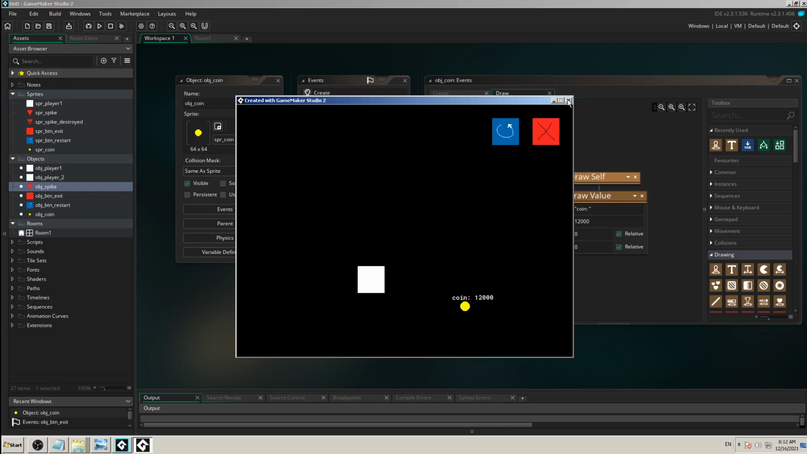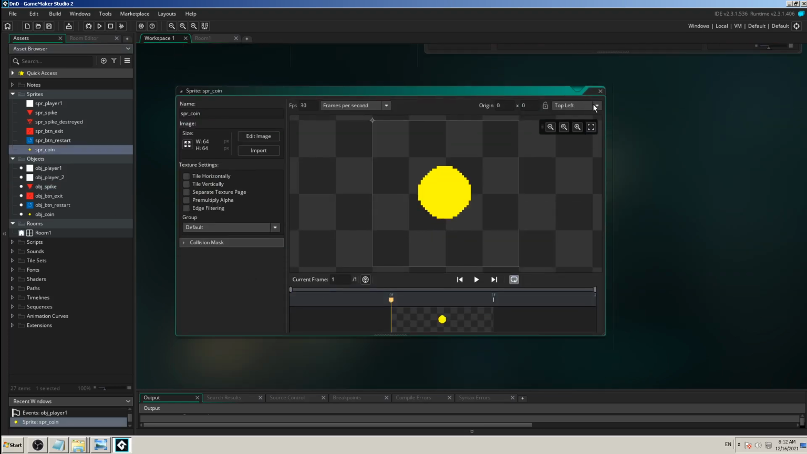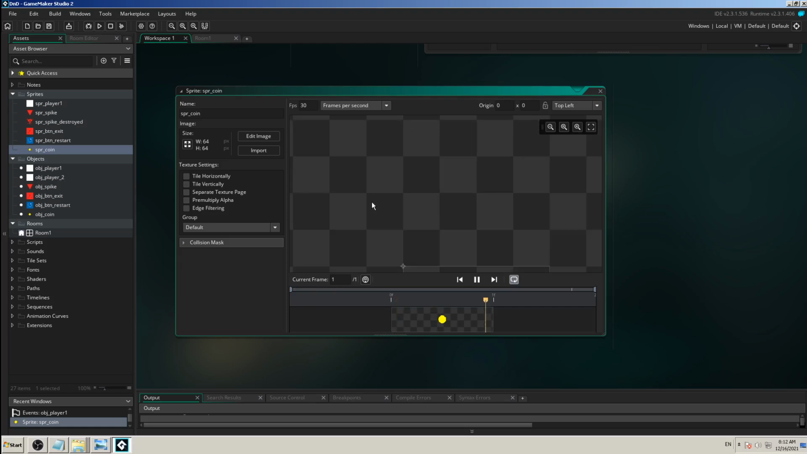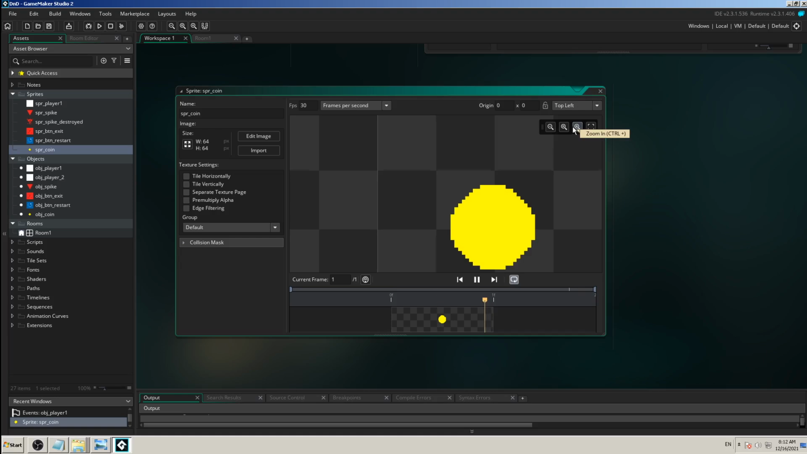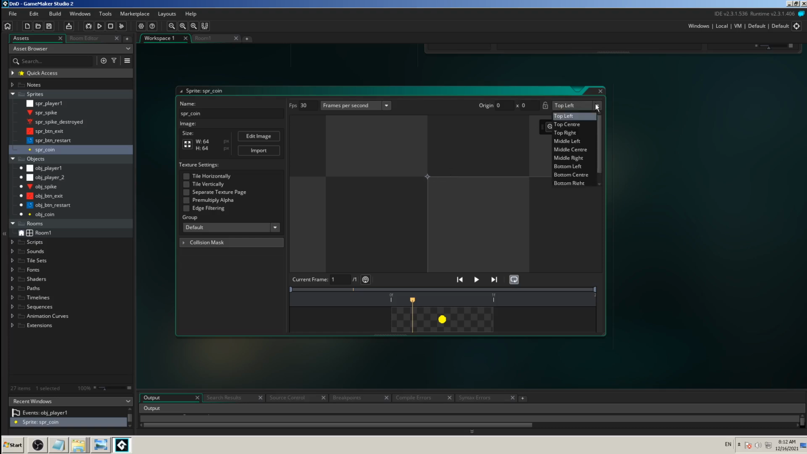So I have a coin and 12,000, and why is it showing on the top of it and not in the middle of the coin? Because our Sprite coin has top left pivot point. Pivot point is this little cursor here. I don't know how to, yeah, can I zoom it? Or yeah, you can see this little cursor like star here in top left corner,